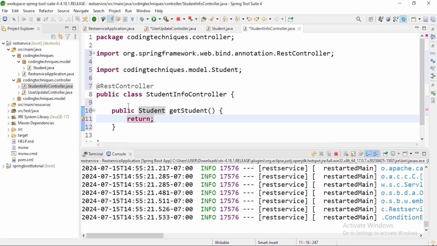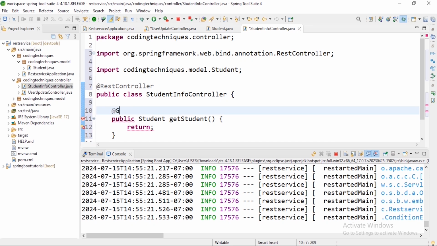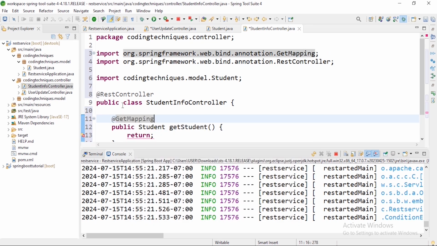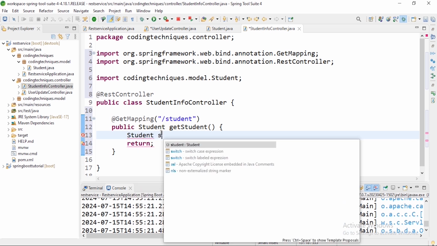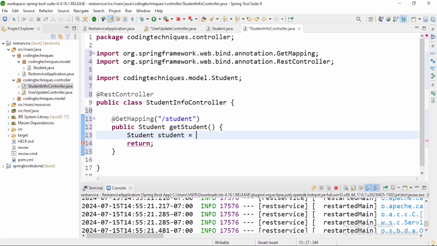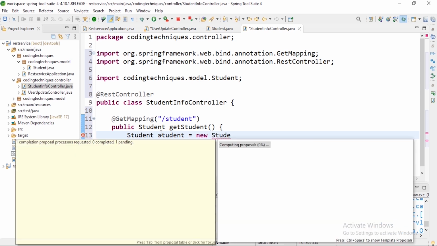For now, let me add the @GetMapping here, and the name of this endpoint is student. Okay, so let's return a student here. I will drag this down. So let's create Student student equal to new Student,